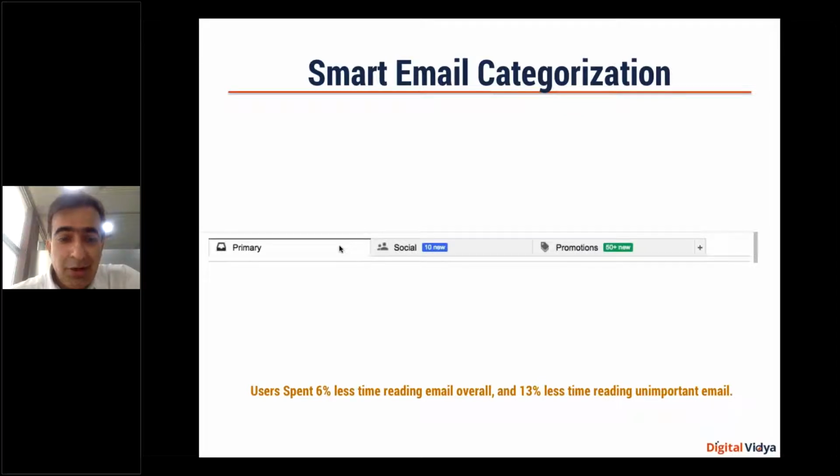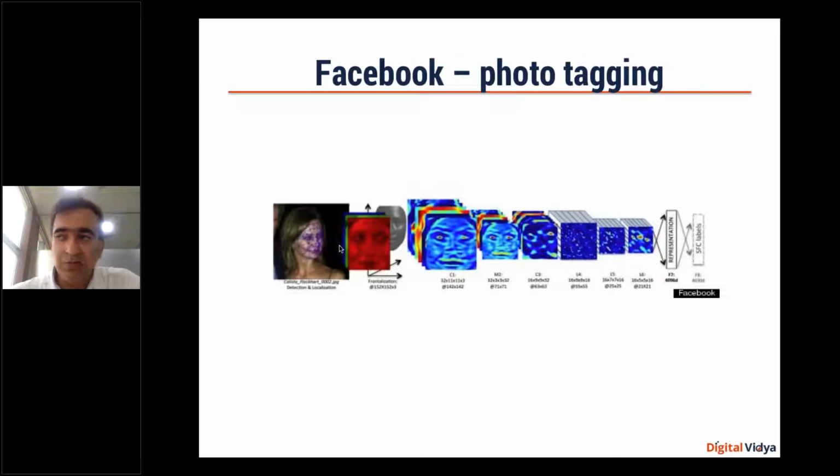Not just that, if you go to Facebook, have you ever tried to tag your friends? You would notice that Facebook will automatically detect which of your friends should be tagged at what point in the photograph. That's because there's an algorithm working there, wherein they have digitized all the photographs and could recognize the faces, and that face recognition has been built in. So that automatic suggestion is definitely another application.